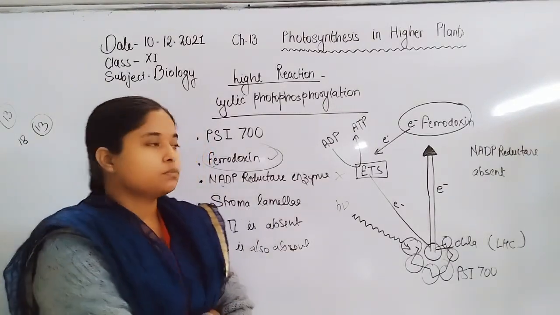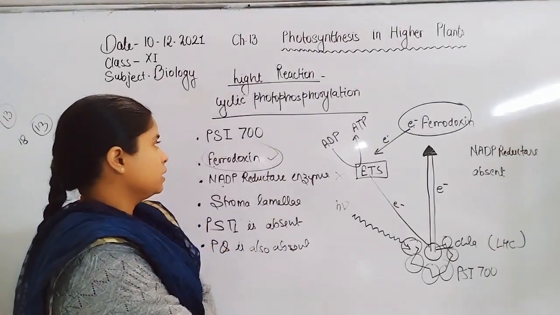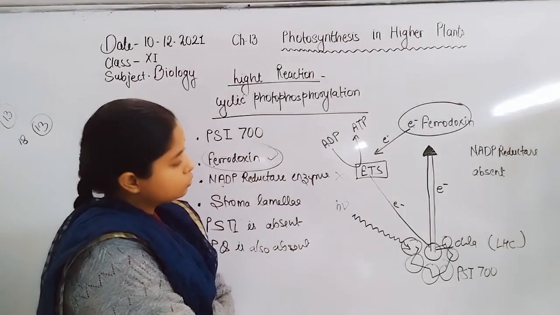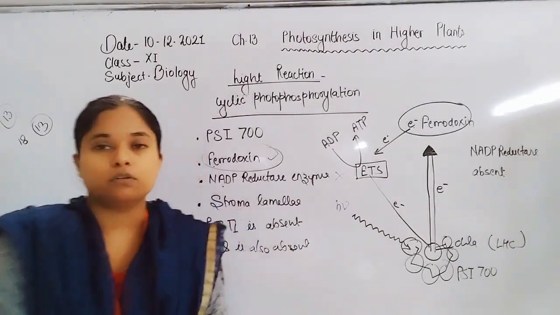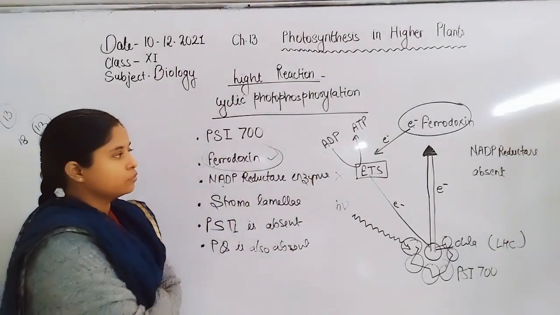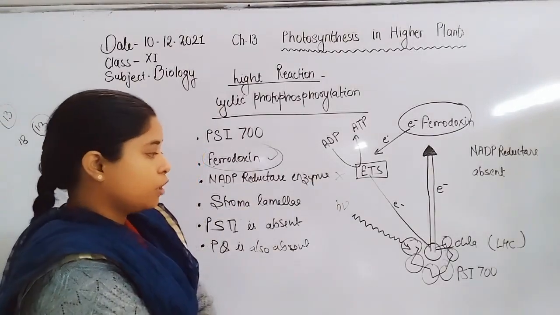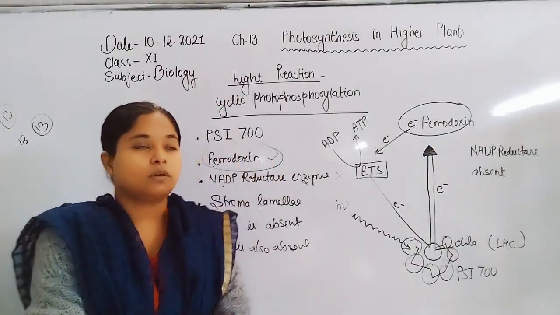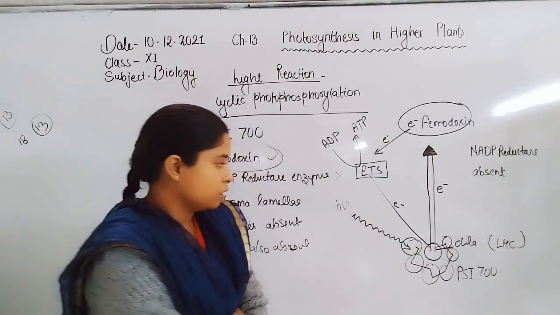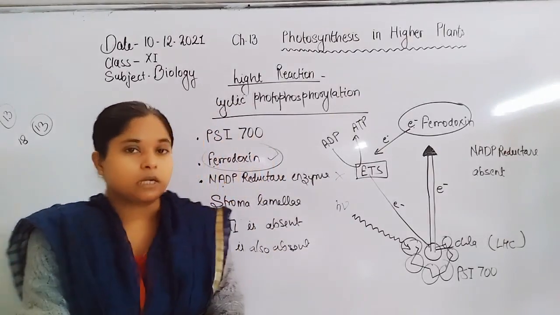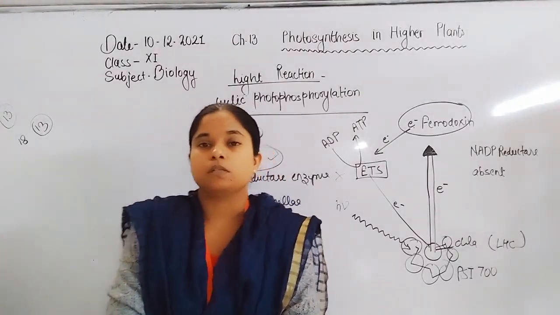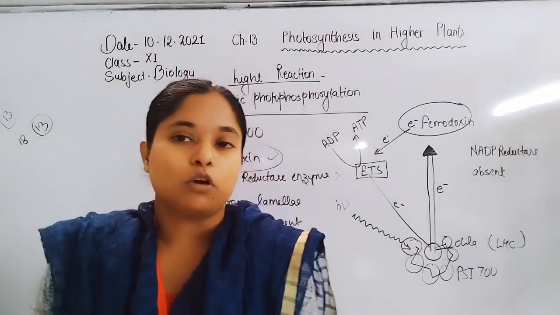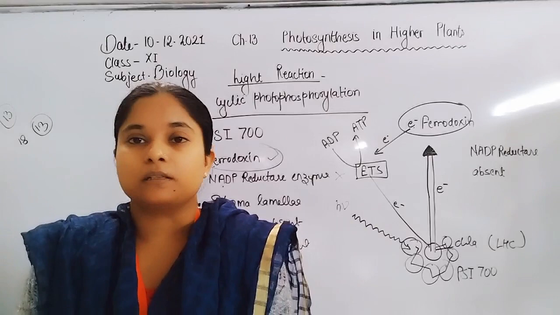During the photosynthesis process, it is clear that oxygen is evolved only by the light reaction, through the Z scheme or non-cyclic photophosphorylation. During cyclic photophosphorylation there is no splitting of water, so there is no evolution of oxygen molecule, and it takes place in the stroma lamellae. Hence, that is overall about cyclic and non-cyclic photophosphorylation. I hope you like this video, students.